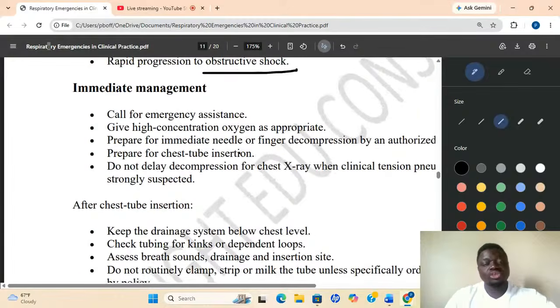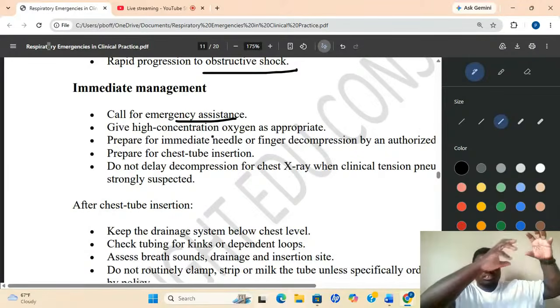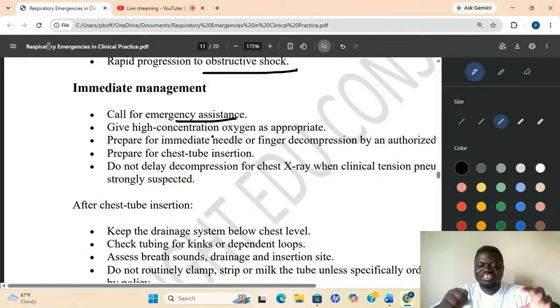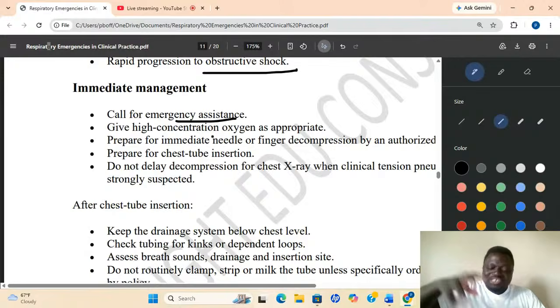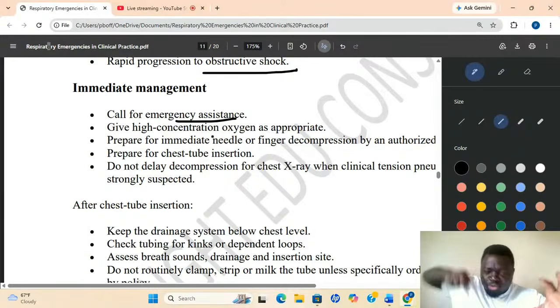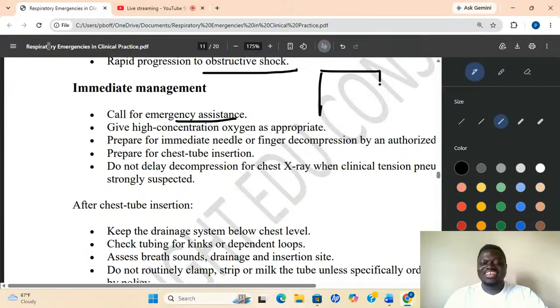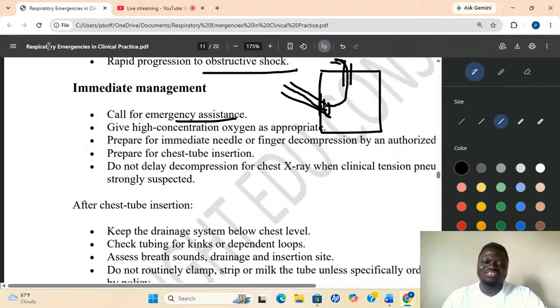So what do you do? Emergency response. You have to counteract. You have to give positive airway pressure through the mouth and the nose. Your ambu bag pushes against that pressure that is coming. Like this, there's pressure coming here. Somebody got a car accident, a lot of air in the lungs. This is the mouth and the nose. You have to push pressure against it so as to move it back.